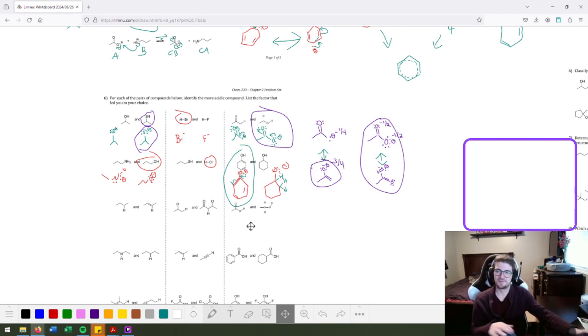However, I ignored basically everything else I'd been talking about that day, in that generally we look at the stabilization of the conjugate base, and hydrogen bonding, in fact, for sure would impact the stability of the conjugate base,